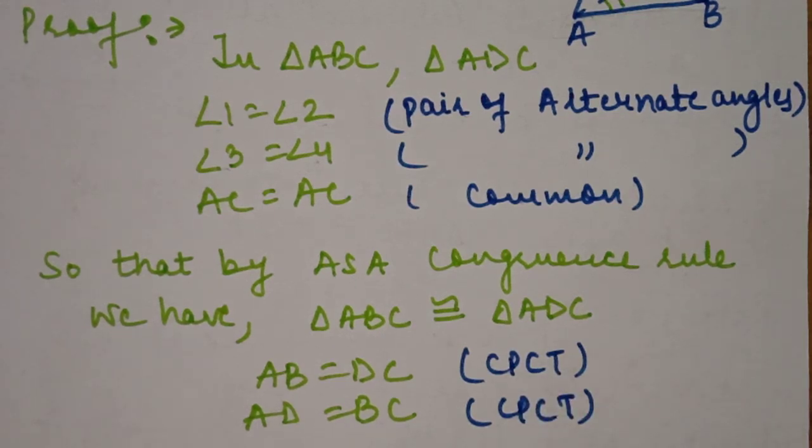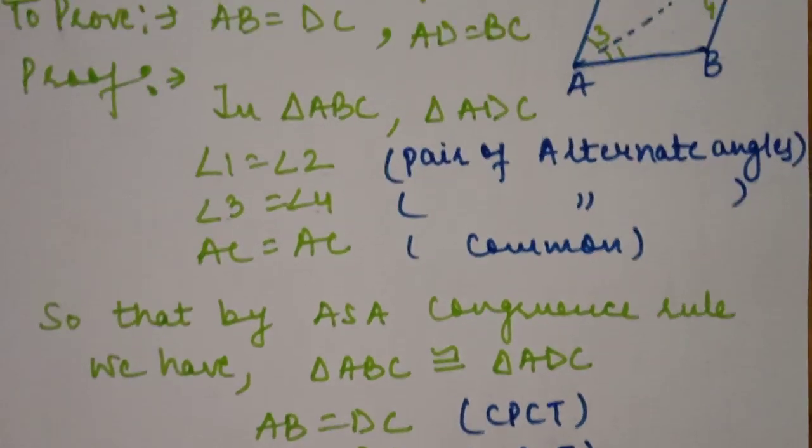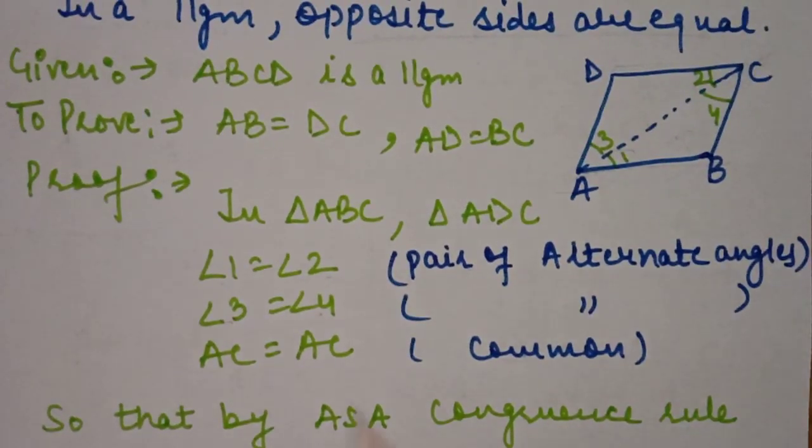Because we know very well, if two triangles are congruent with three elements, then the rest of the three elements are already equal to each other. So students, you can prove this congruency with another congruence rule. It is not compulsory that you have to use ASA. Try to use your brain and try to make another congruence rule for this theorem. It is also possible. So students, with this theorem, today's lecture is finished now.